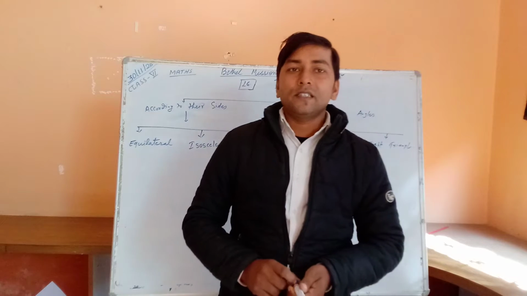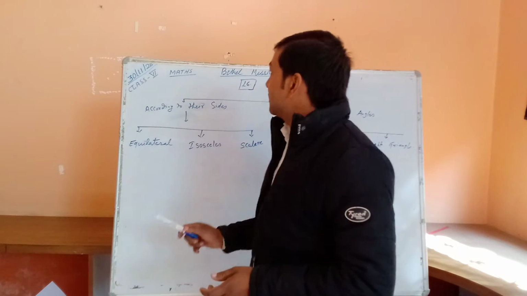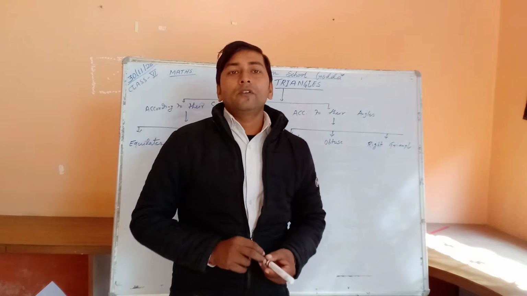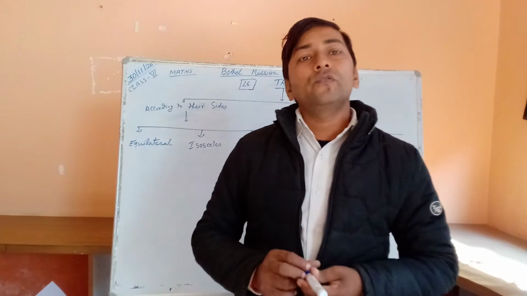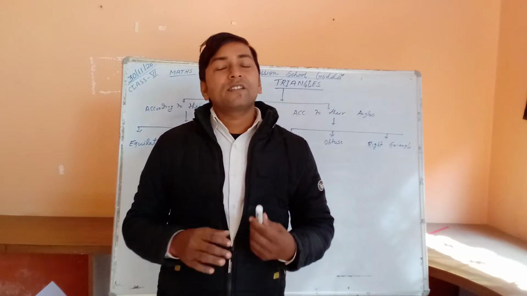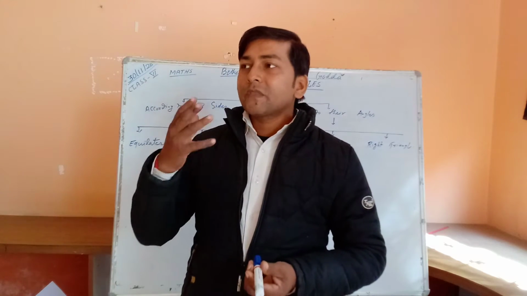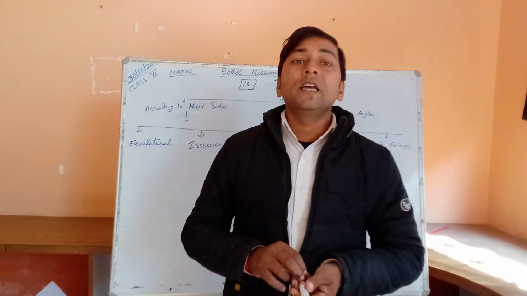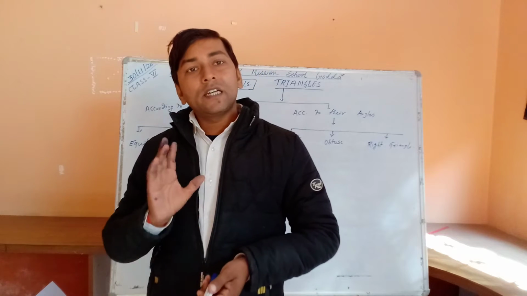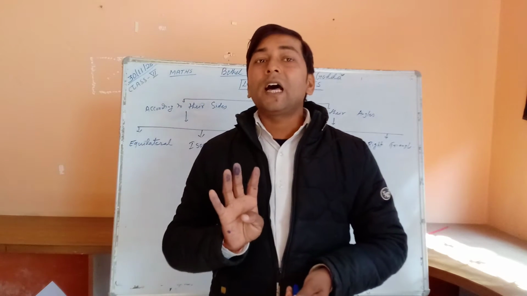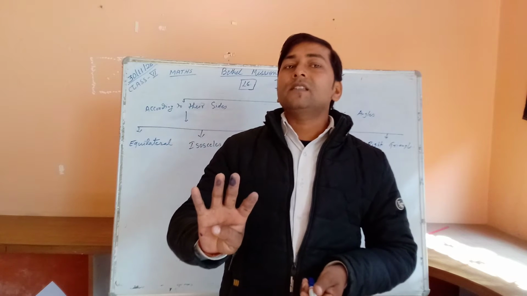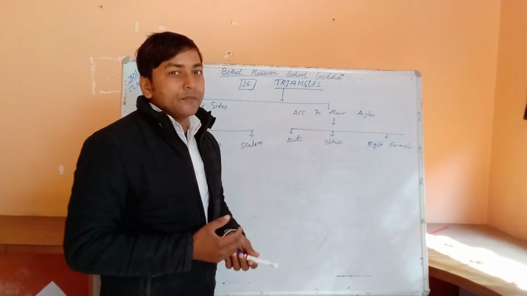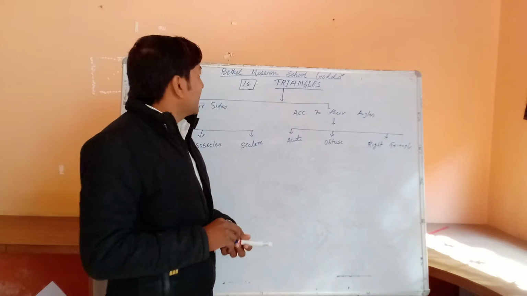Today I am going to teach mathematics of class 6. It is the 16th chapter, triangles. In the previous class we also talked about polygons. A polygon is a closed figure made of at least 3 sides. When 3 sides are taken and the closed figure is made, it is known as a triangle. If 4 sides are taken and the closed figure is made, it is a quadrilateral. So now I have taken triangles in the 16th chapter.